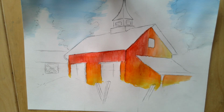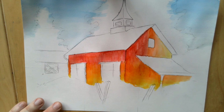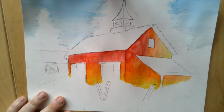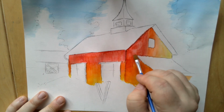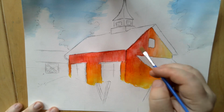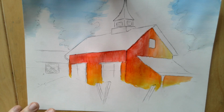Alright, so you got yellow, orange, red. And now, I think the next part we're going to do is just go over the roof here in a second. Let's kind of clean this up a little bit. Alright, so for the roof,